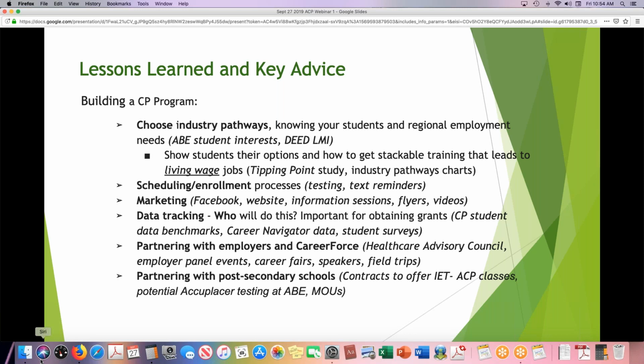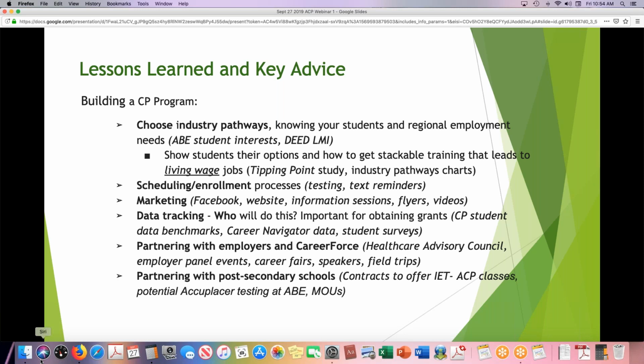I think it's great if you can show students their options and how to get stackable training that leads to living wage jobs. So we really try to focus on pathways where students earn at least $15 an hour. And we do reference the tipping point study in our orientation, and we created pathway charts.